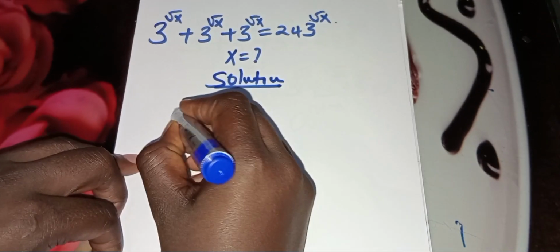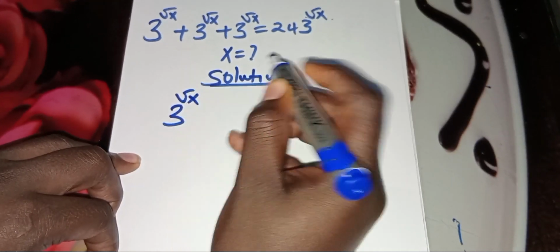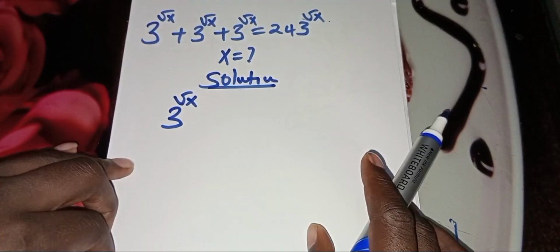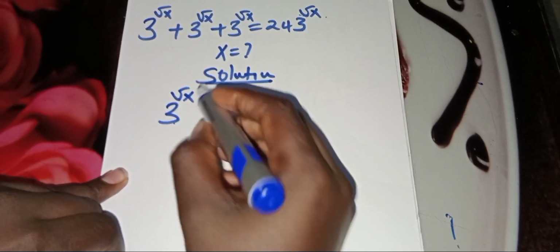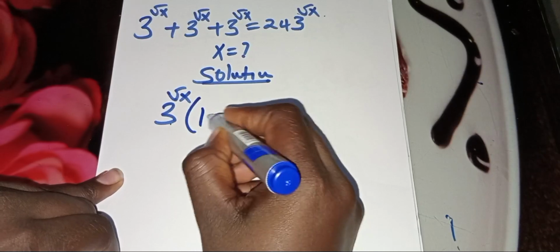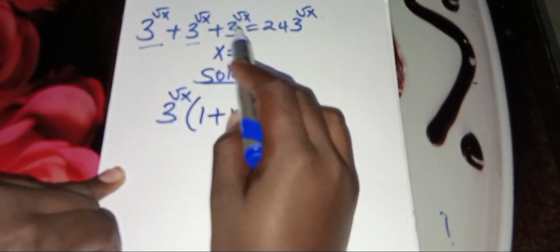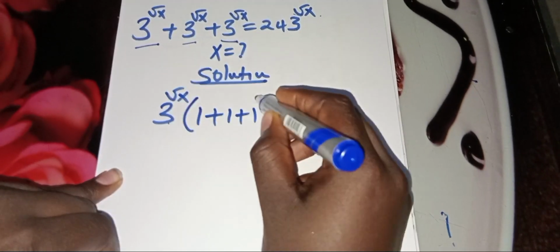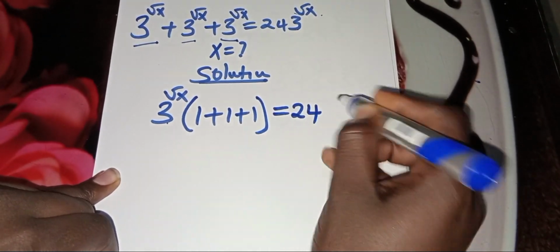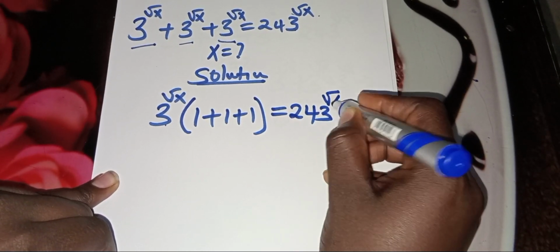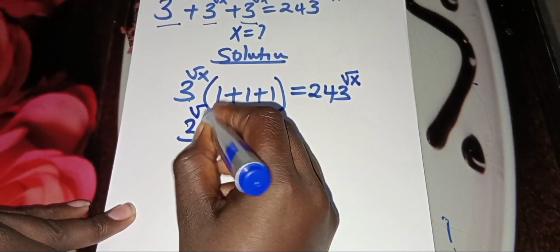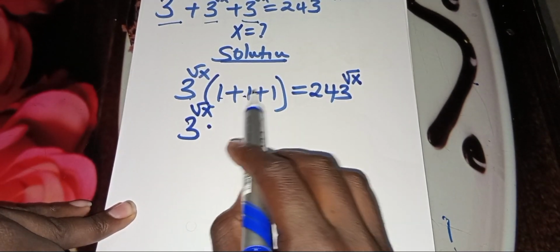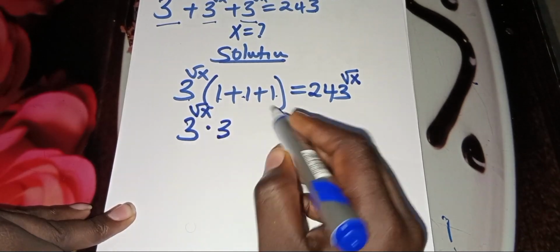So 3 raised to power square root of x. As you can see, 3 raised to power square root of x is common. So we can factor out 3 raised to power square root of x, so that we're going to have 1 plus 1 plus 1. You can see we have 3 raised to power square root of x here, the second one and the third one. So it's 1 plus 1 plus 1. This is supposed to give us 243 raised to power square root of x. Okay? So now we have 3 raised to power square root of x multiplied by 1 plus 1 plus 1, which is equal to 3. And this is equal to